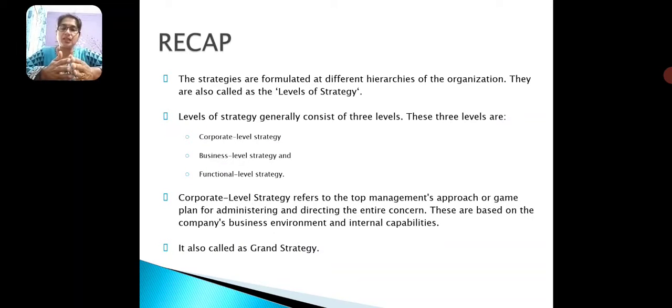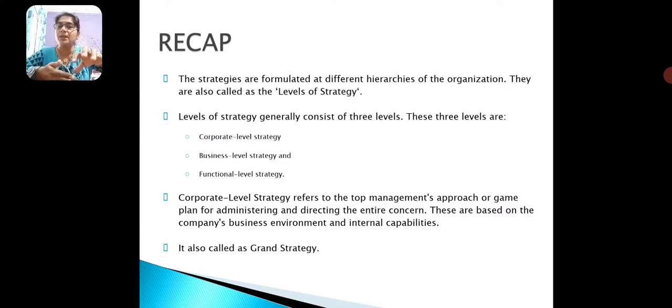Then in expansion, as the name indicates, they want to widen the scope of the business by entering new markets, new products, new services, by having alliances or strategic partnerships with others. They want to have business combinations. So these are all part of expansion. Then retrenchment is just the opposite of expansion: they want to cut down, minimize or limit the scope of the business organization by downsizing it, by cutting off sections or units which are not profitable. They may go for divestment or a turnaround strategy. Those are part of retrenchment.